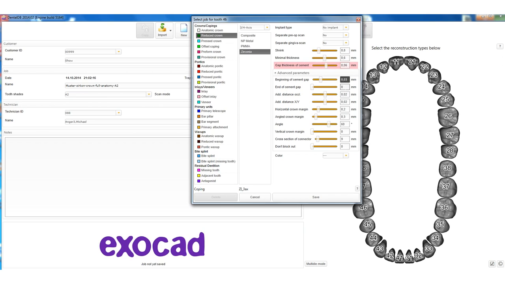In the end, regarding the cement gap, you would say that we want no occlusal cement gap. This makes no sense to me. On the contrary, I wish an additional occlusal cement gap, because I don't want to grind in the occlusal area inside of my crown. So for the additional occlusal distance, I choose